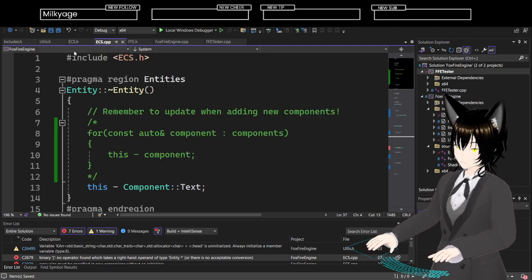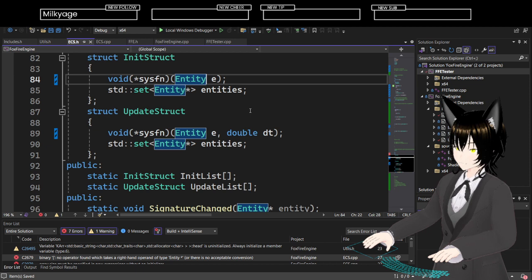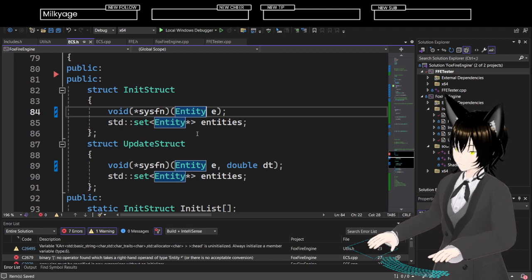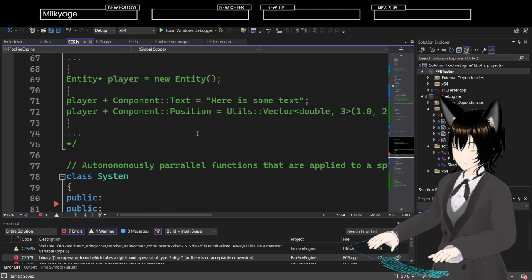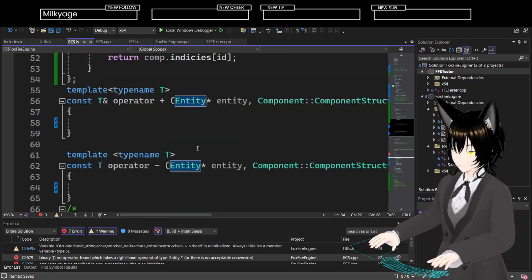That's the thing. Now, one of the things that I need to be able to do is structs shouldn't be entities, right? These should be size t's. God, this is such a pain in the ass.